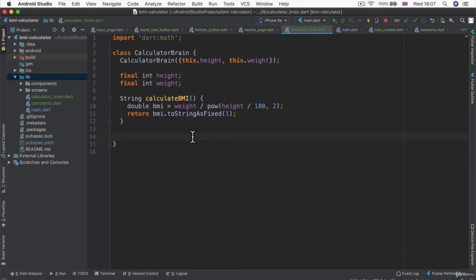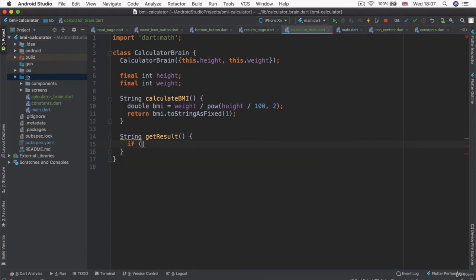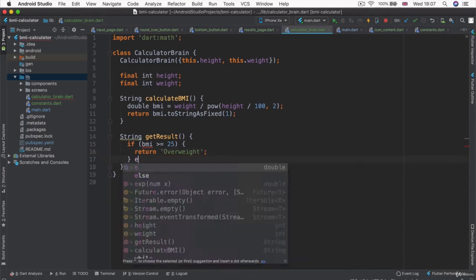So we're going to create another method that is going to return a string, which is going to be the result, and we're going to call the method getResult. Again, it takes no inputs, but it's going to check inside this method if the BMI is greater or equal to 25, in which case it will maybe return the words overweight. And then it's going to check